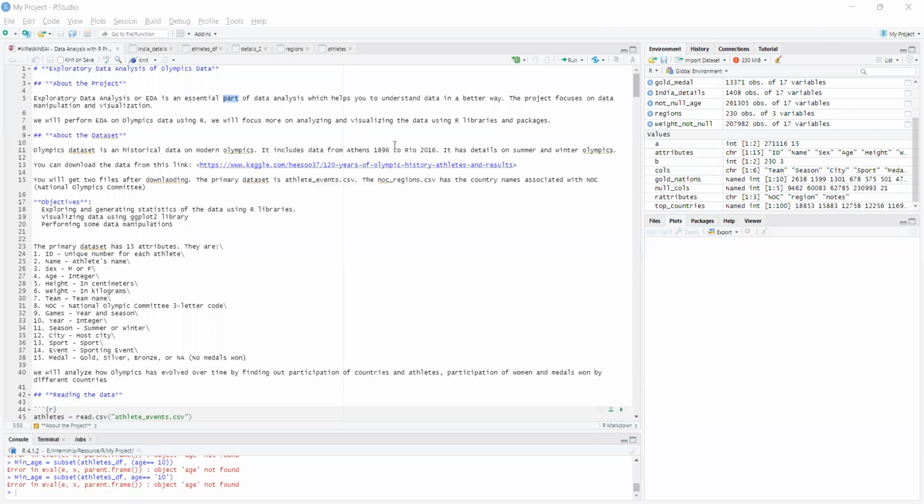Hello everyone. As a part of our internship at AI in AI, we have another project in R, which means we are using the R programming language, and the task is to analyze the data set. This project is focused on the manipulation and visualization of data. Our data set is the Olympic data set, which we can download from this link, and it consists of